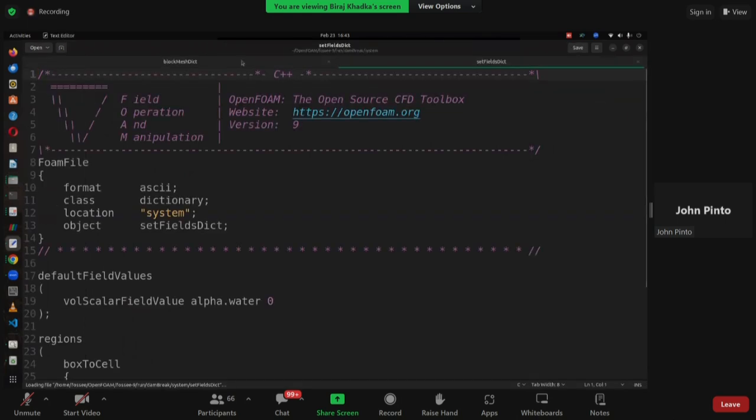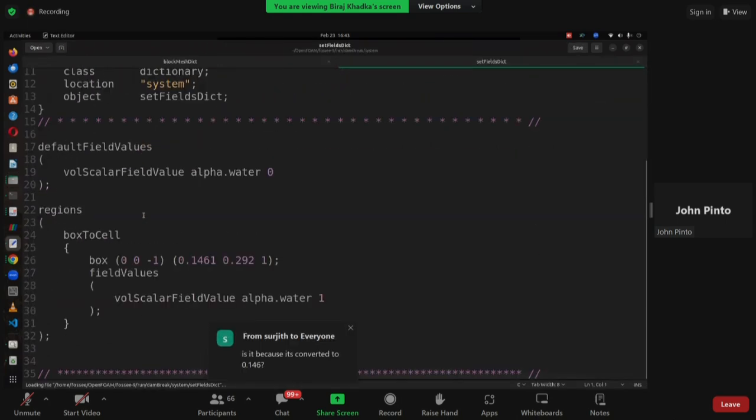So the thing is that setFields dict selects the region, as Biraj is showing now. It selects the cells. When the command is boxToCell, it selects all the cells which lie within this box. So when you are defining the box,